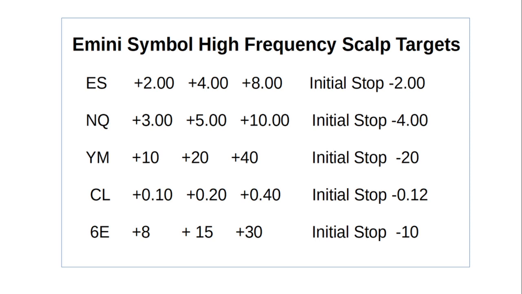The ES, the 3 targets, and the way these are broken down, folks, is the first 2 targets are high frequency scalp targets. I arrived at all of these targets after extensive back testing and measurements and calibrations of the normal price movement we get out of these symbols. So there's nothing magic about these numbers. These are just numbers that get hit with the highest frequency. And so if you're going to be trading, you might as well shoot to take your profits at